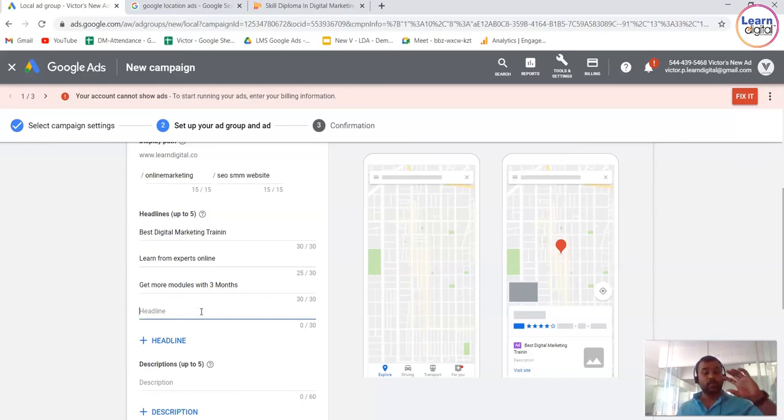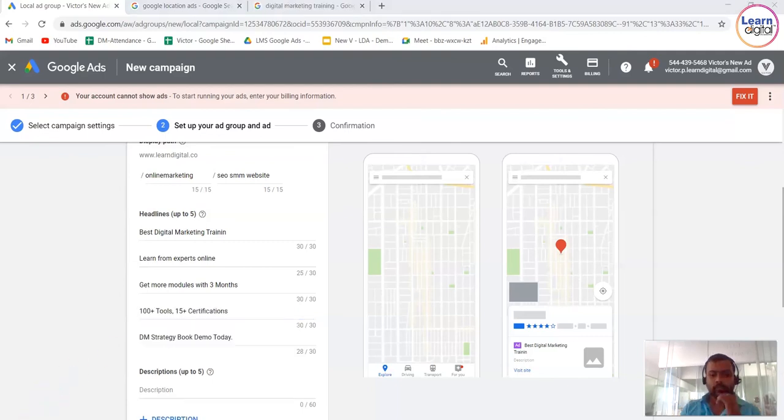See, you have to focus on keywords. Whenever you're focusing on your headline and description, you need to talk about your important keyword. Digital marketing is the important keyword. Similar way, you have to look for the keyword for which you can optimize your campaign. All right. Now let's give another headline. I'll give one more also for learning purpose. All right, so I have added here 5 headlines.